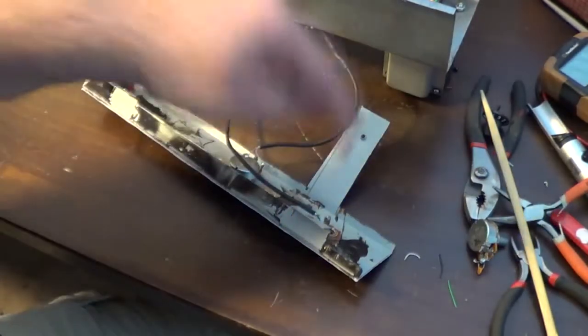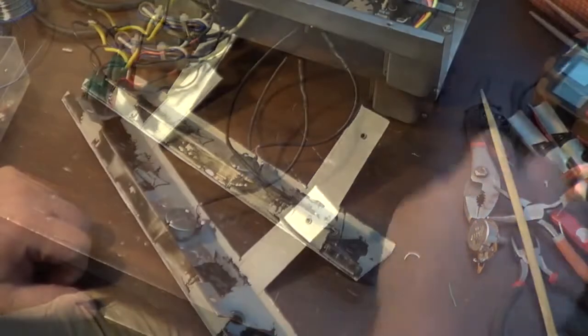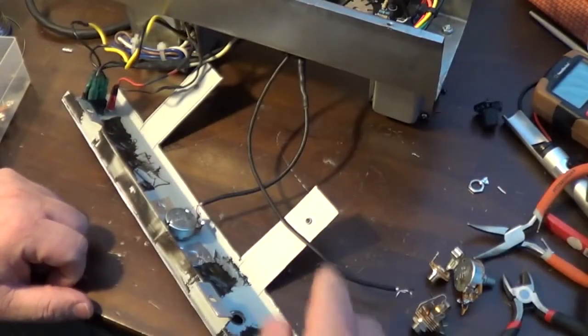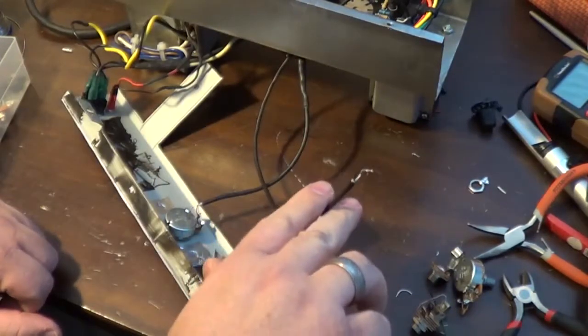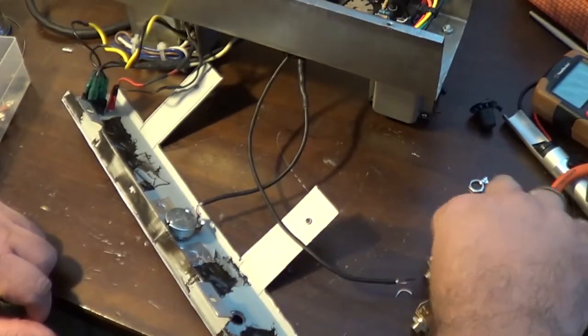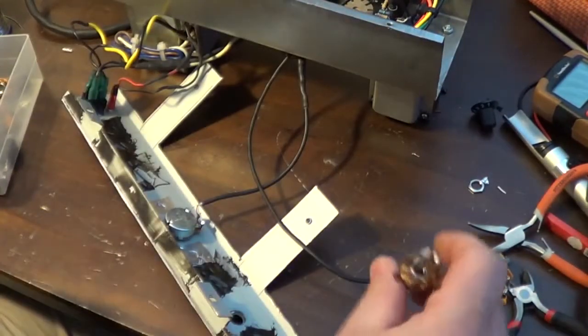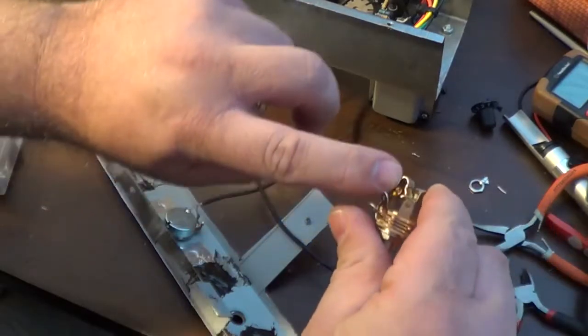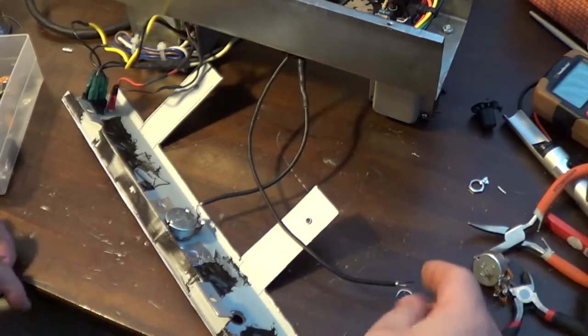But we'll see. So let me get the jack changed out first, and we will go from there. I tied the two things off together. These were the two leads from the input jack. I went through all the jacks that I have in here, and I don't have... I mean, I've got like a stereo one that's got some things, and I'm actually going to have to order a jack that has